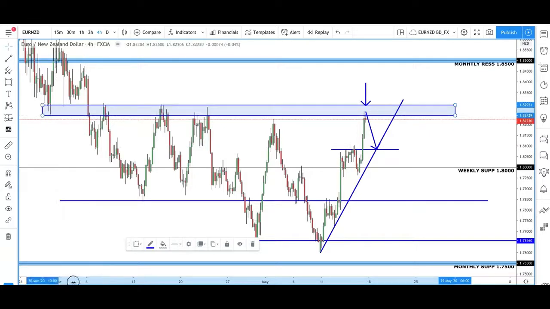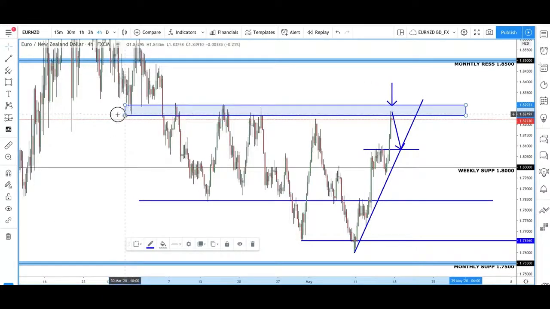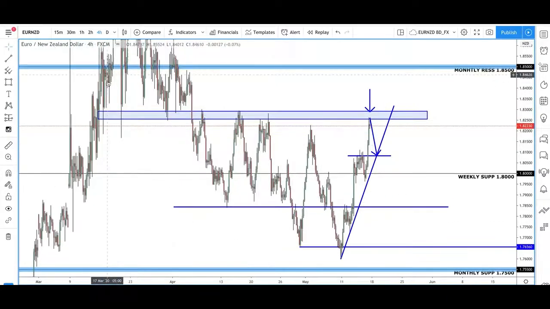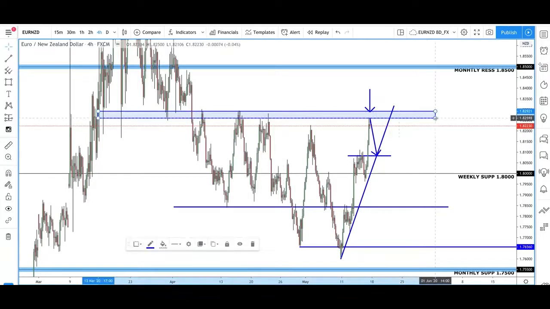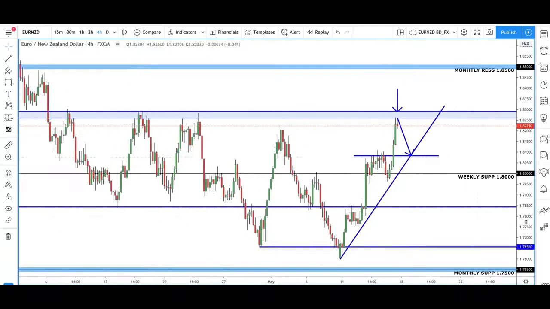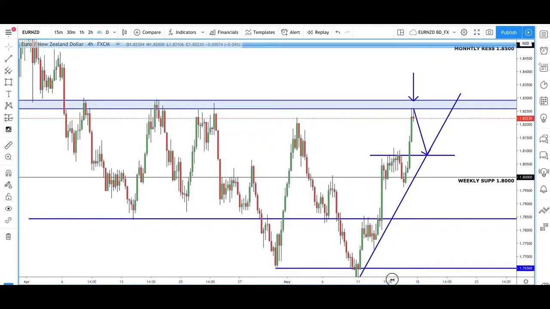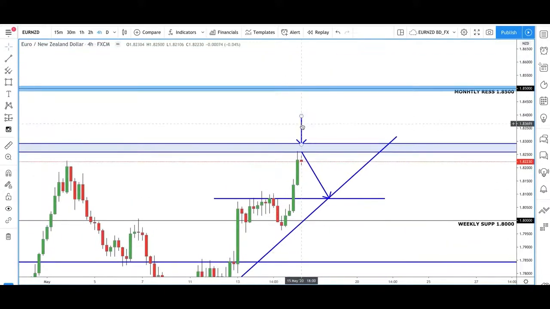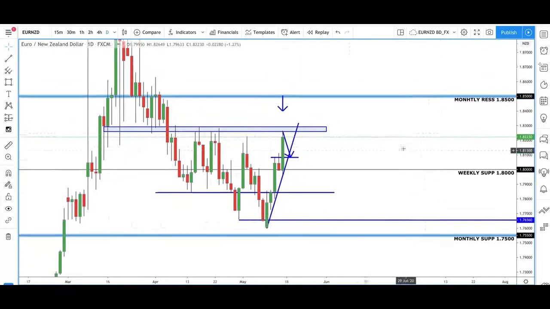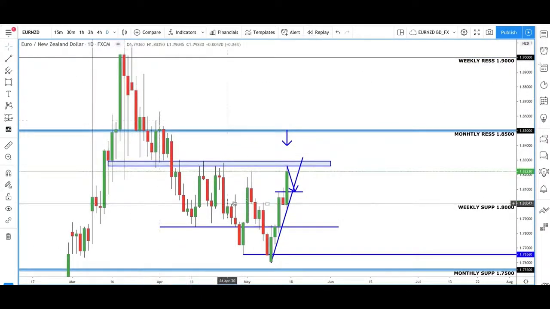Let's take it over here. You can see we've got this strong. Just zoom right out. Strong area of resistance. We've just taken out this high here. So at the moment, I don't think, especially with the start of the week, that we're going to have enough to break through and break up higher. I do think coming soon will be a nice swing trade from these levels, a swing trade down. Obviously, we've had a very, very bearish push down here on Euro NZD.